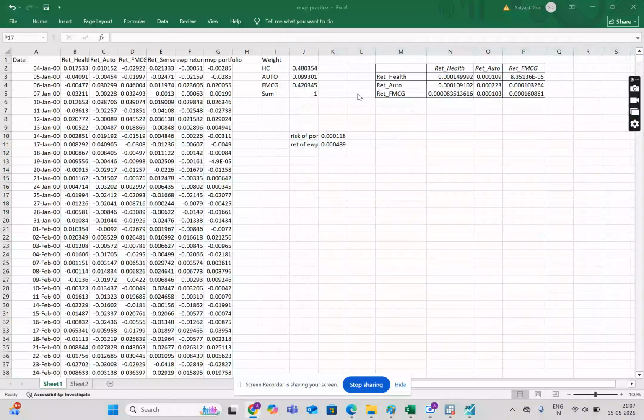In the last video, we learned how to make the minimum variance portfolio, and in this video, we will learn about a new kind of indicator known as the value at risk. The value at risk is an indicator that tells us the maximum amount of loss that our asset will incur in 99% of cases. You can also check it at 95% or any other parameter of your choice, but here we are doing it at 99%. In 99% of cases, what will be the maximum amount of loss my asset can incur?